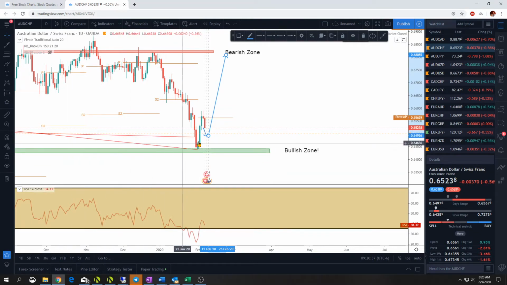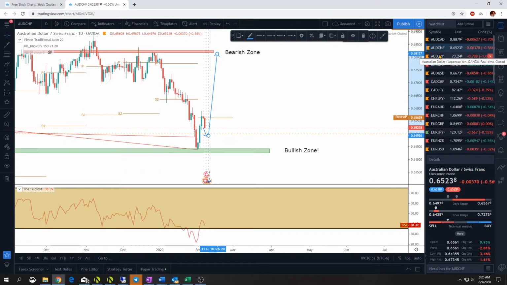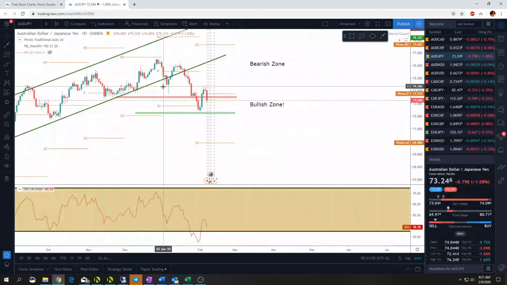I love this divergence. I don't think we got enough production out of it. It came up to the pivot and now it has pulled back. I love this pair long for the rest of this week. Looks like we have quite a bit of fundamentals coming out this week on the pair. So let's look at